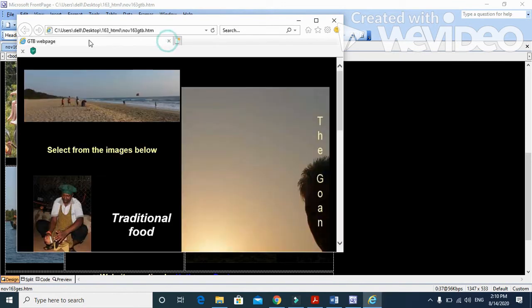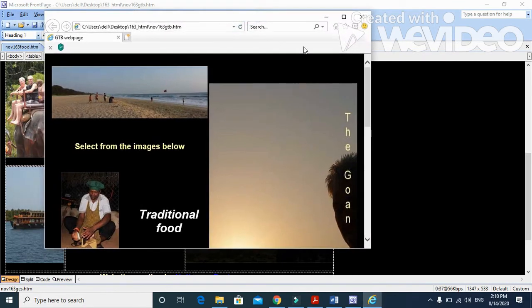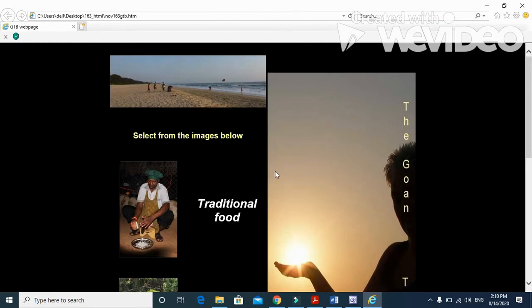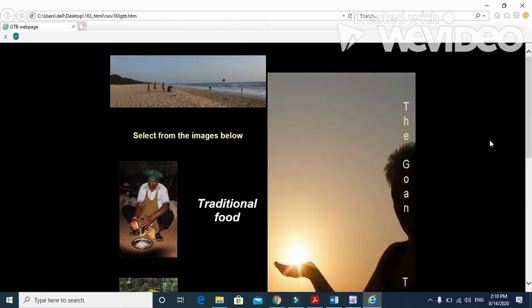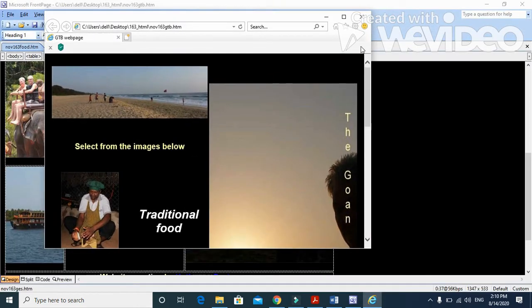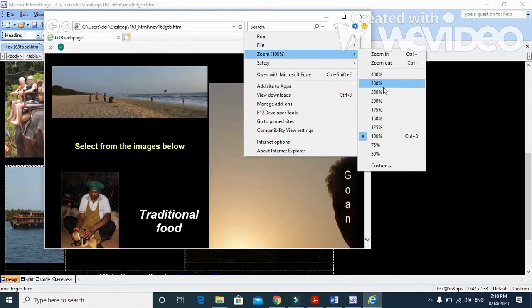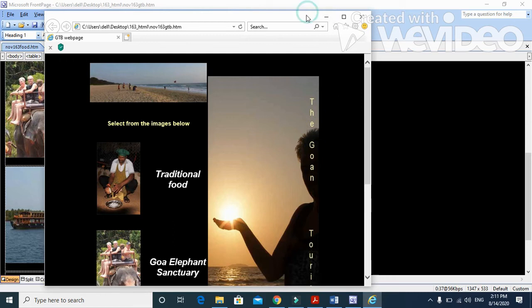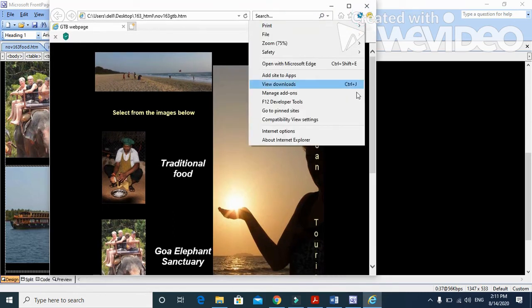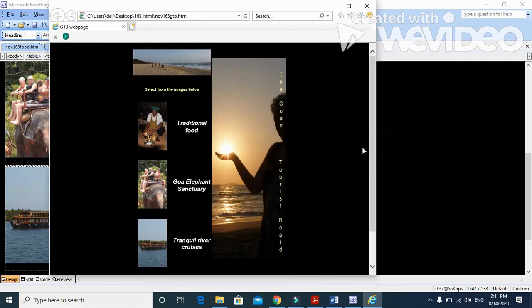Here, yeah, this is the one. Now this is how it will look. At the moment you need to take a screenshot of it, so just minimize it and reduce the zooming, for example to 75%. We just need to extend this from here. Yeah, we just reduce to 50%, just like that, and then print screen and close this one,